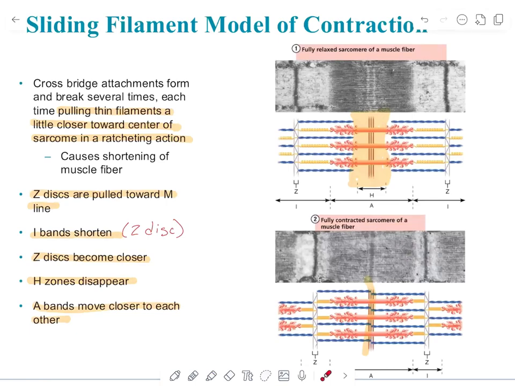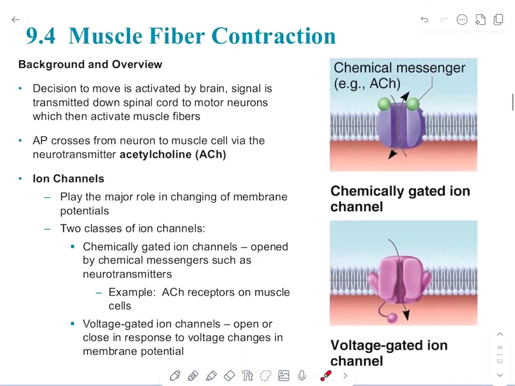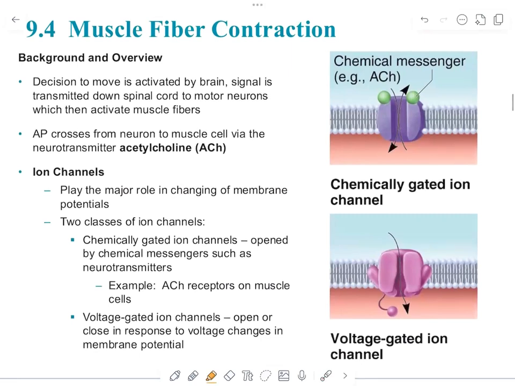Let's talk about how the electrical signal gets to the muscle in the first place. It does this with a couple different gates. The two main types of gates in this area are chemically gated ion channels. We can also use the term ligand for that. What it means is literally there's a chemical that binds. And this chemical that we're concerned with here is called